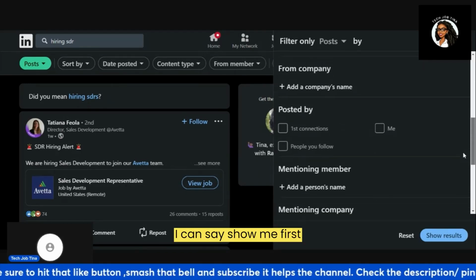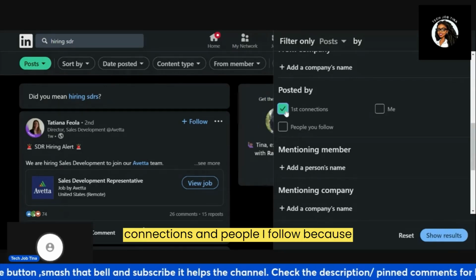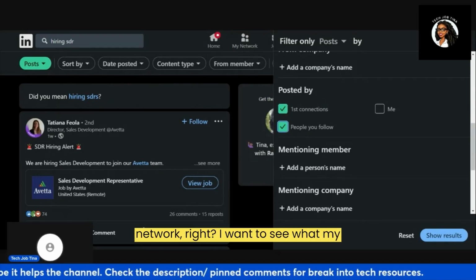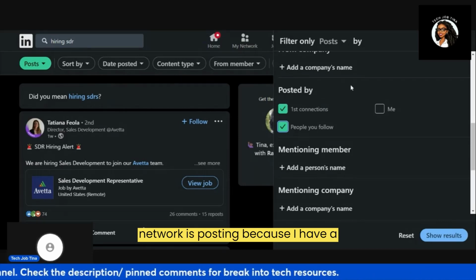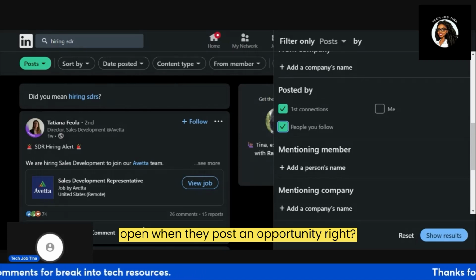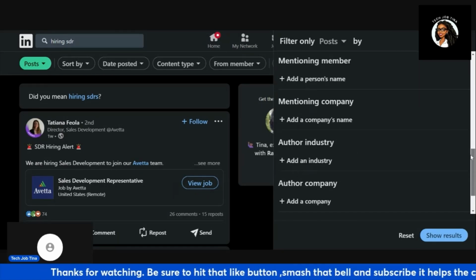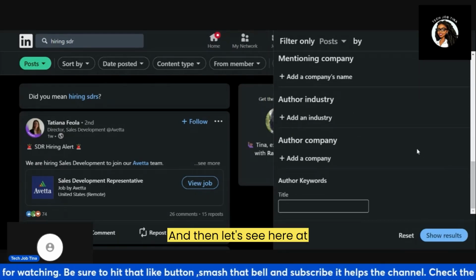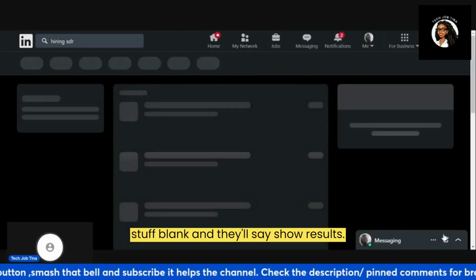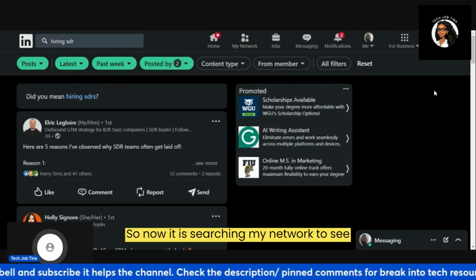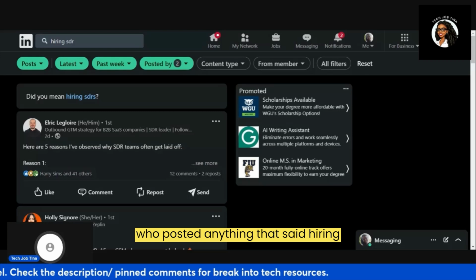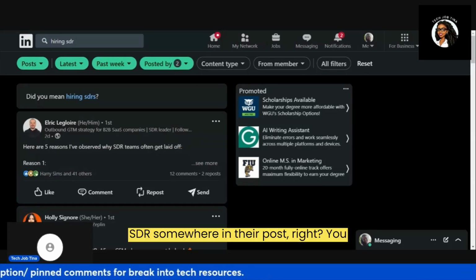I can say, show me first connections and people I follow, because these are the people that are in my network, right? I want to see what my network is posting because I have a connection with them, which is an easier open when they post an opportunity, right? And then let's see here, industry. I usually leave all this other stuff blank and then I'll say show results. So now it is searching my network to see who posted anything that said hiring SDR somewhere in their post,